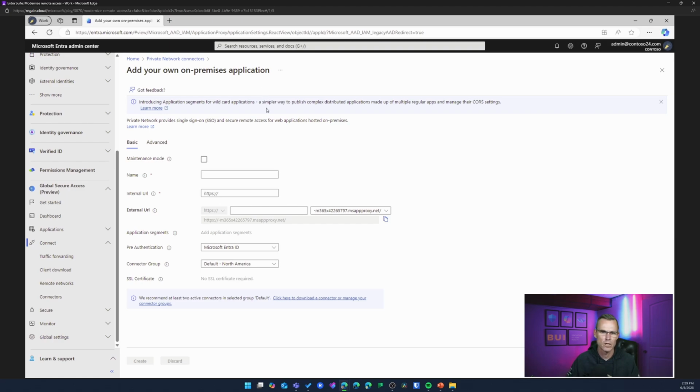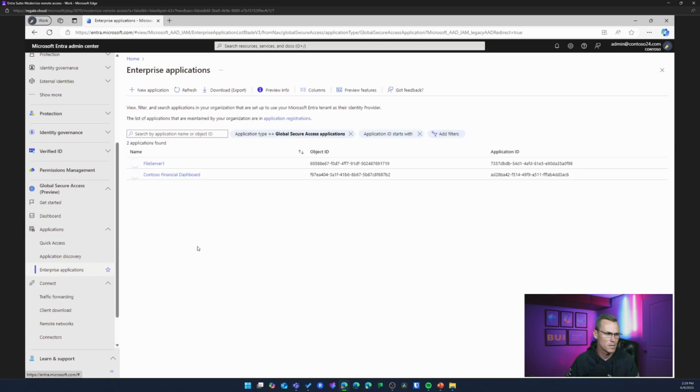Now let's take a closer look, because we do have some already configured. So I'm going to go back here into applications, enterprise applications, and we can see for Contoso here, we have two resources already created. We have a file server by the looks of it and some internal built application. Let's take a closer look in terms of what they are.